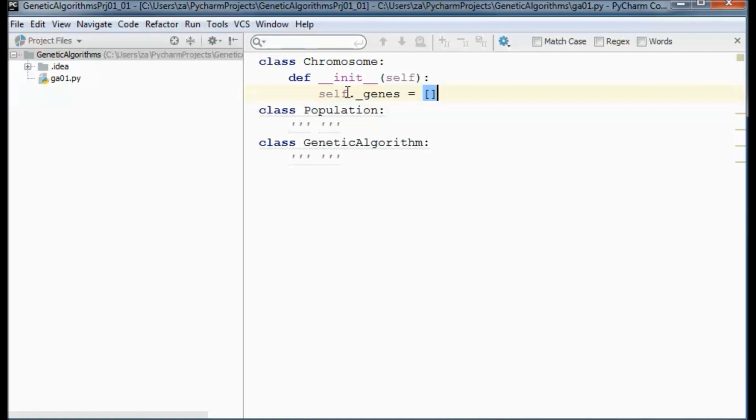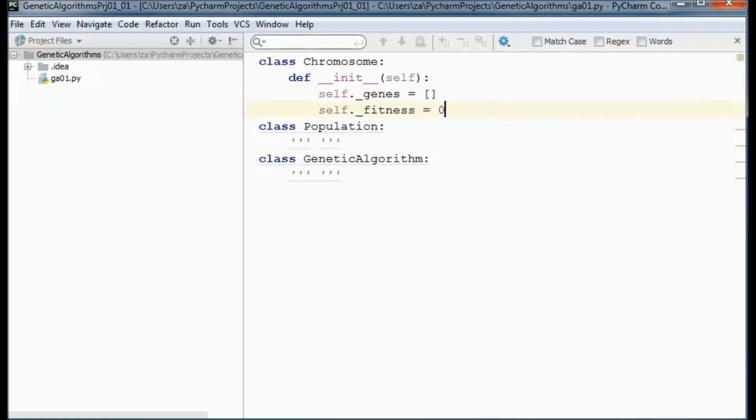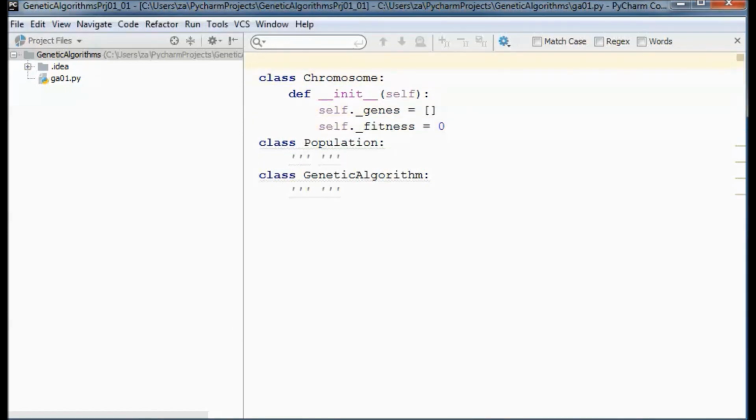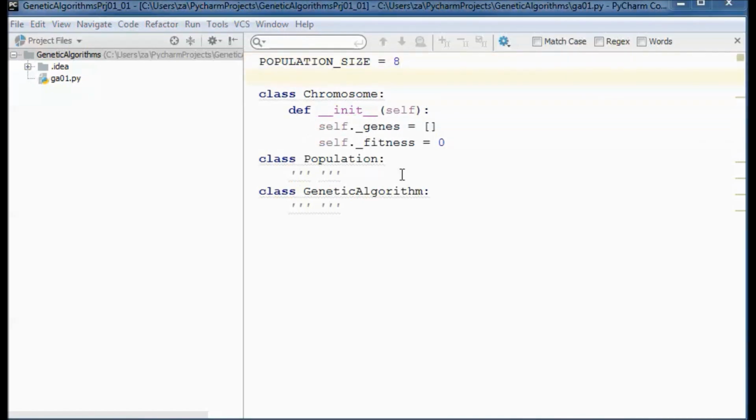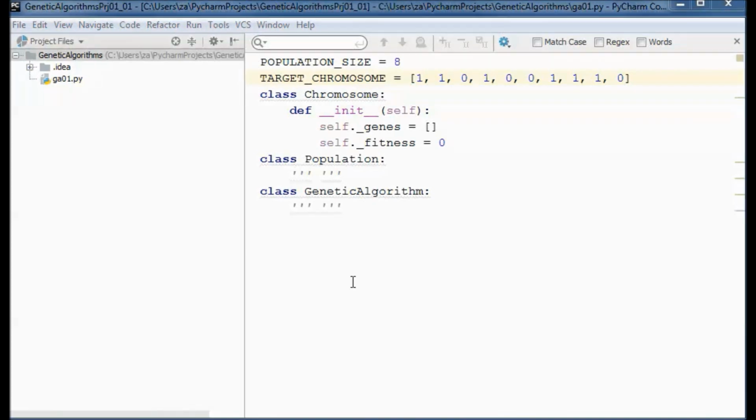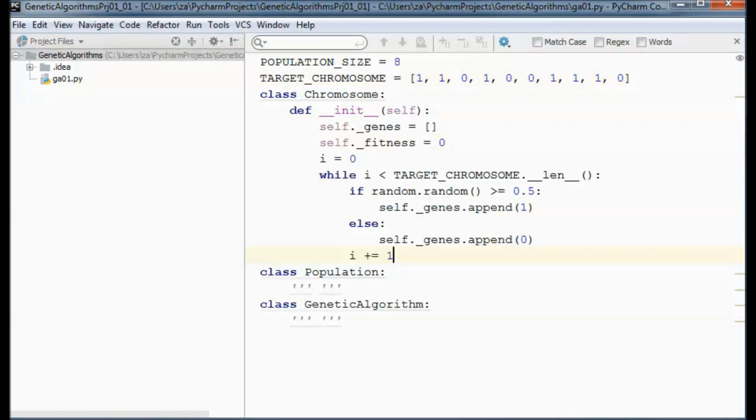So we will have an array representing those genes, and I will define this fitness representing the fitness of this chromosome, and for the purpose of this tutorial, I will have a population of 8 chromosomes, and let me define this target chromosome representing the solution, and I will have this while loop.